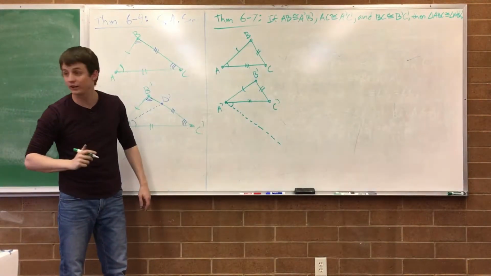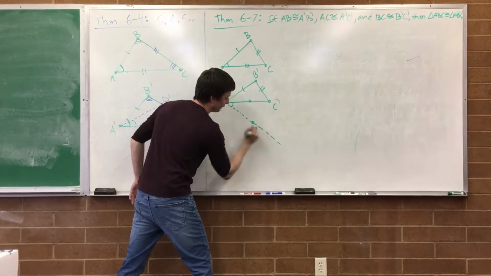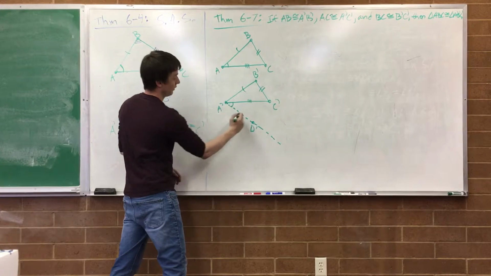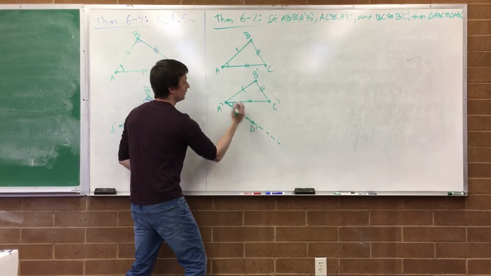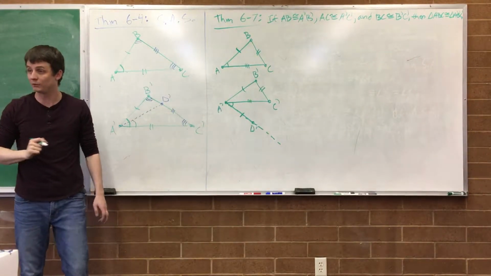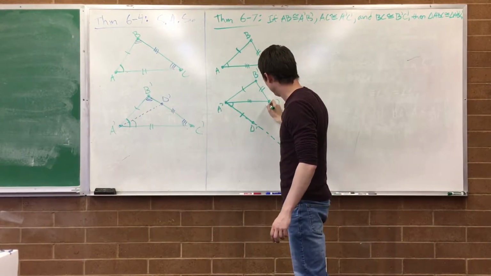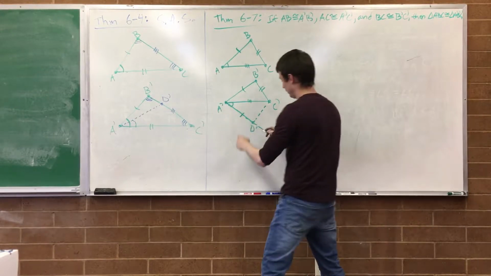Then I'm going to say, pick a point, call it D prime on that ray, so that this side is congruent to this side. See what I'm doing so far? Yeah. So now, if you just finish the triangle by filling that in, we have, looking at this bottom triangle,